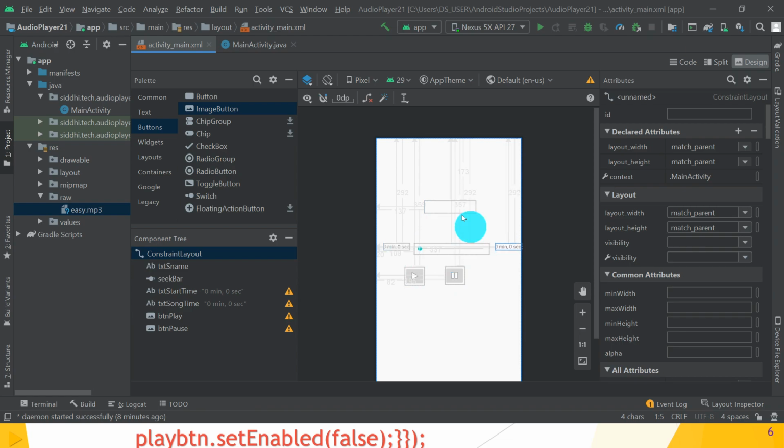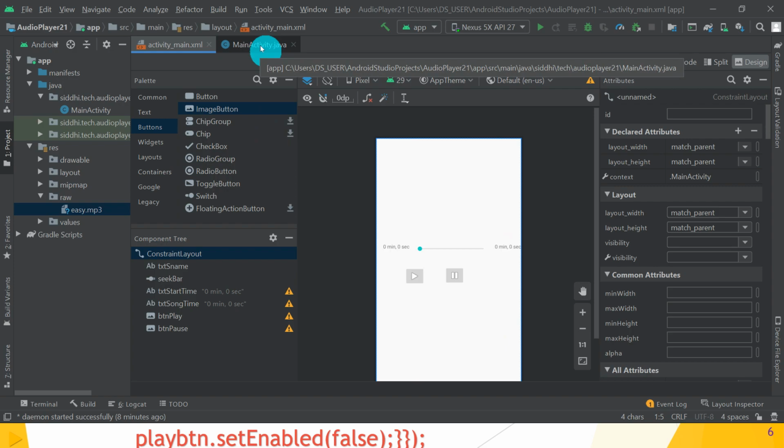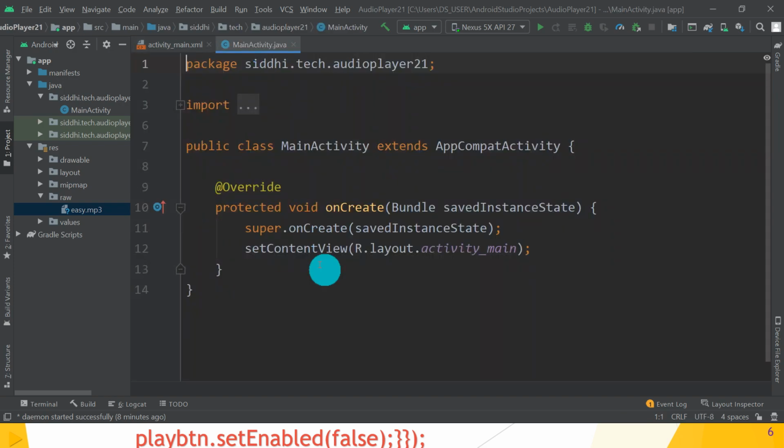One is to display the name of the song, the second is to display the start time of that song, and the third is the end time of that song, or total song duration. Great guys, hope you understand. Now it's time to write the code into your MainActivity.java.